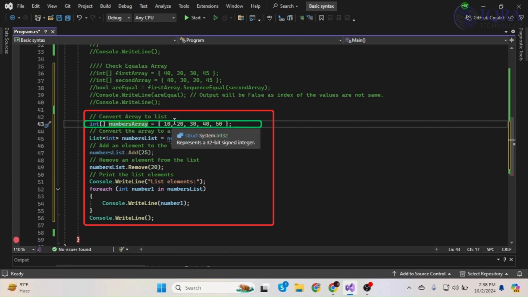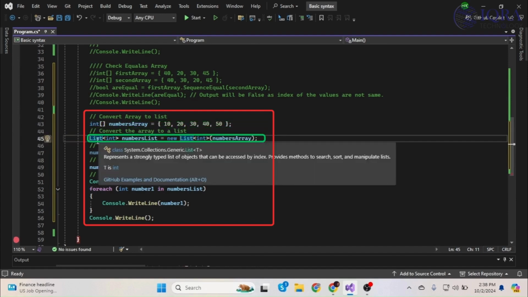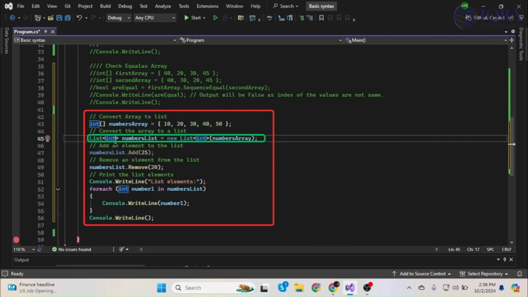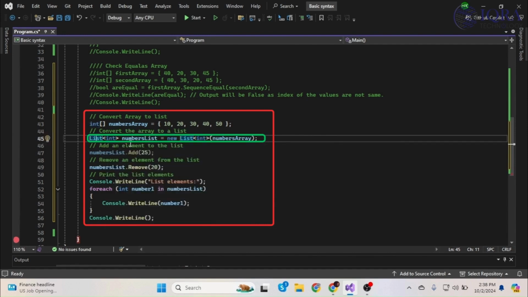Okay. So here we convert the array to a list. Now see how easy it is to make a list here. First of all, we have to write the name List, then these brackets have to be made, then whatever type of list we will make has to be written inside it. If it is integer, then int has to be written, its type will have to be written like this. Then next the name, whatever name we have to give the list, so here we have given numbersList,